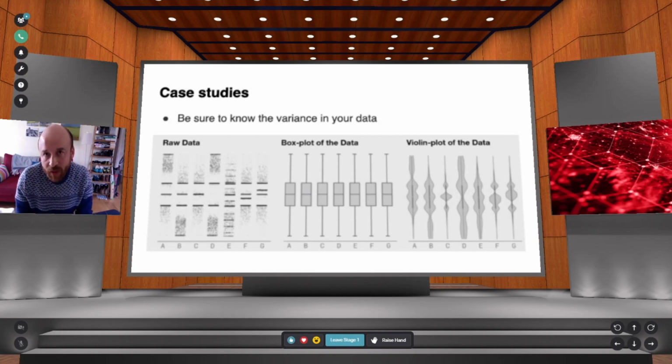And so, again, this is fake data, but many of you will know about bimodal distributions, even trimodal distributions. So you'll know that it's very important to really get to know your data almost point by point, if you like, before you start summarizing it. Because you could be hiding some very important phenomena, I think.